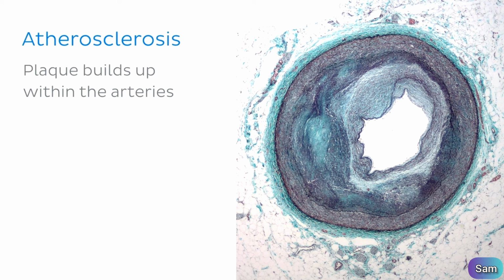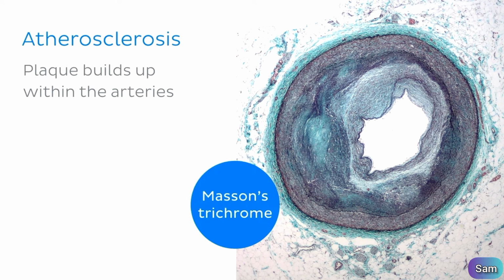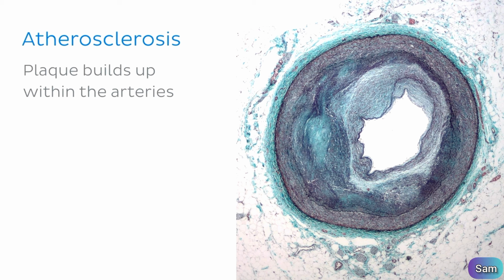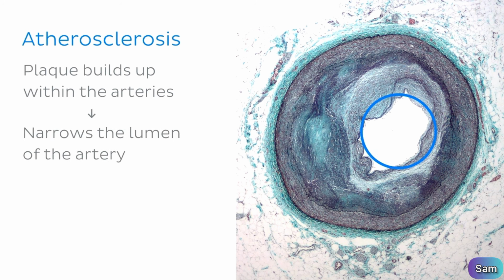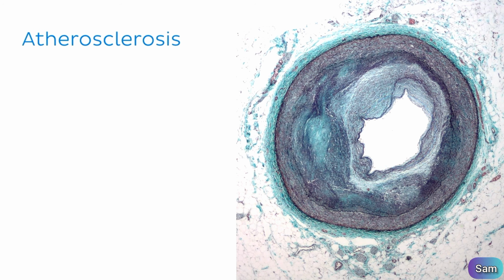Now, the stain that we've used for this micrograph is called Masson's trichrome, and this image shows pretty clearly the narrowing of the lumen of the artery caused by the buildup of plaque, which itself can be comprised of cholesterol, fat, calcium, or any other components found in blood. As you might be able to guess, this narrowing limits the flow of oxygenated blood, which can lead to serious